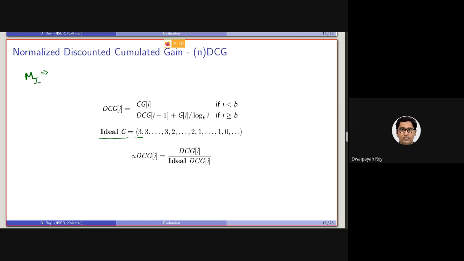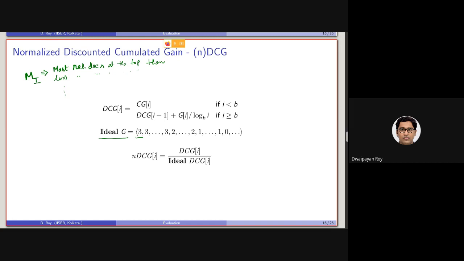Which retrieves the most relevant documents at the beginning, at the top position, then the less relevant documents at lower rank, and so on.